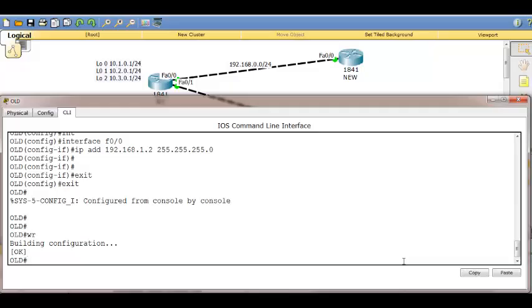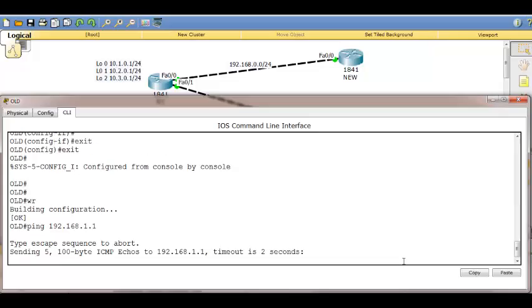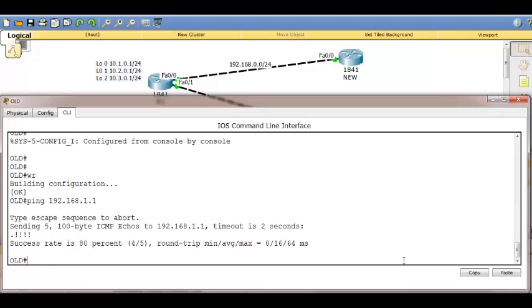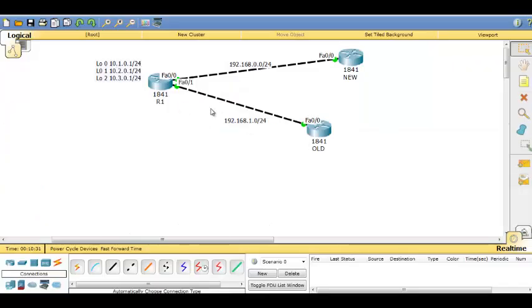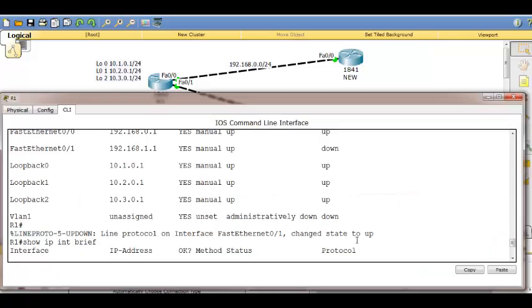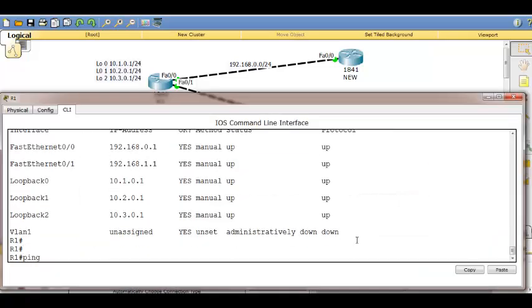Now what is next? I just want to ping the directly connected 192.168. The old router, I should be pinging 1.1. This is directly connected, no? So this and this are pinging, directly connected pinging. Likewise, I'll go to new and ping R1. Ping stands for Packet Internet Groper. What it does is it sends ICMP echo packets. When the destination is available, it will send an ICMP reply packet. So I say ping